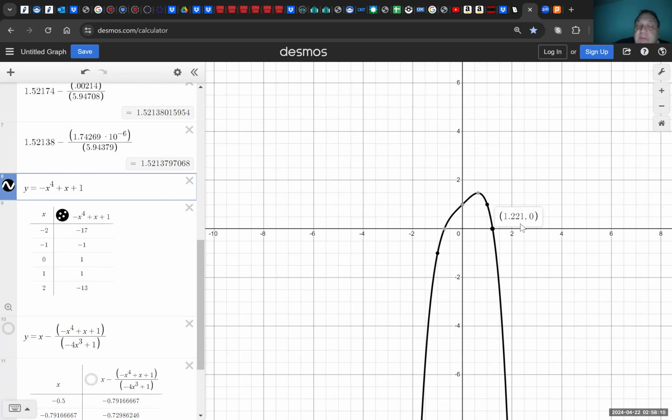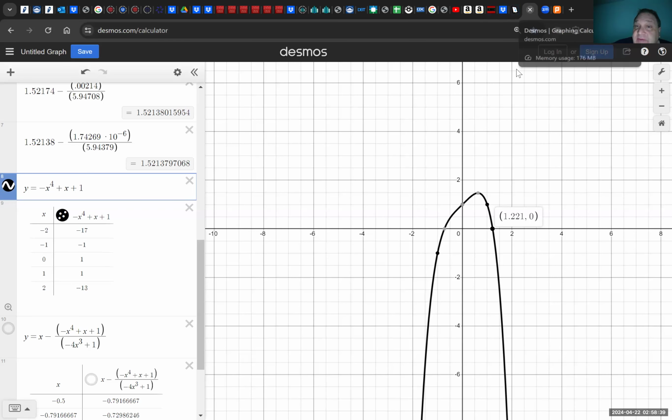If you want 3 decimal places, Desmos probably uses Newton-Raphson to get this solution. There are ways of doing it besides Newton-Raphson, but it's a nice, easy method for computers to use. So they probably did it to 3 decimal places of accuracy and got 1.221. But my guess would be about 1.5 for the starting value of the solution on the right-hand side here. Okay, so